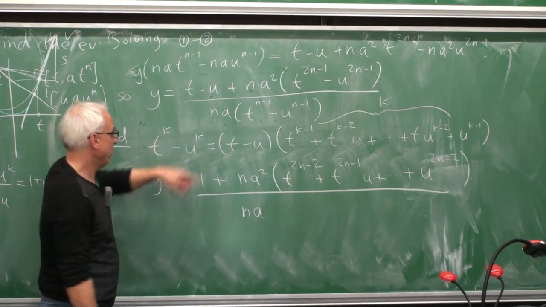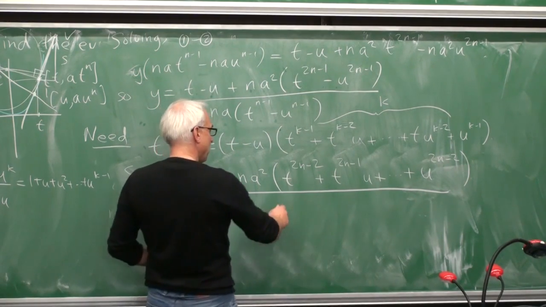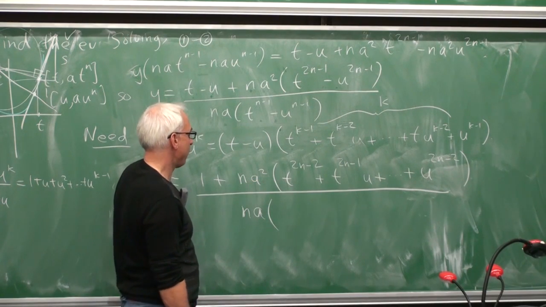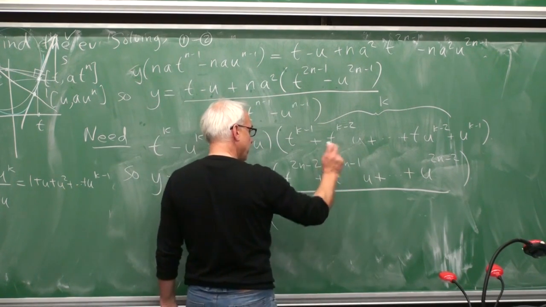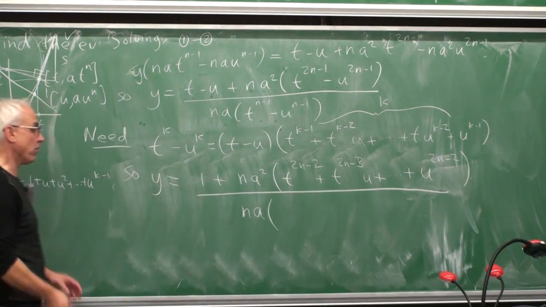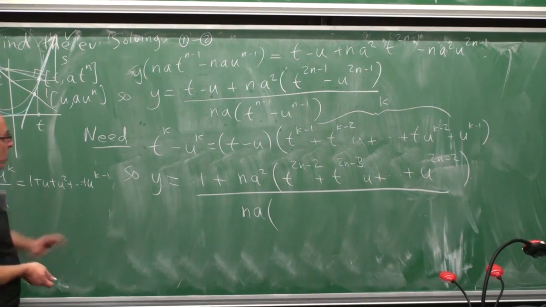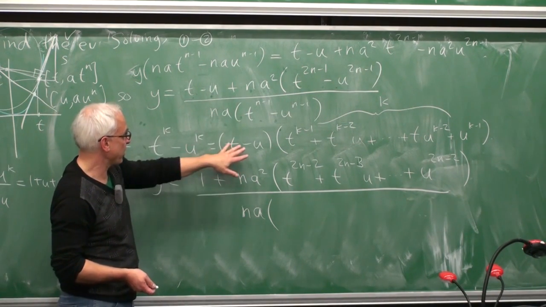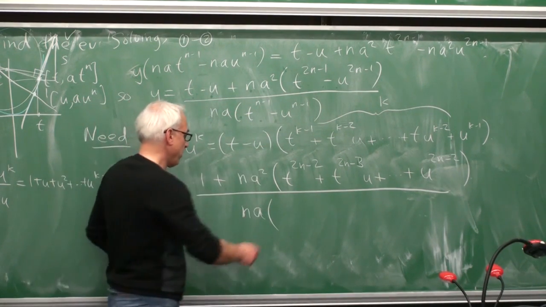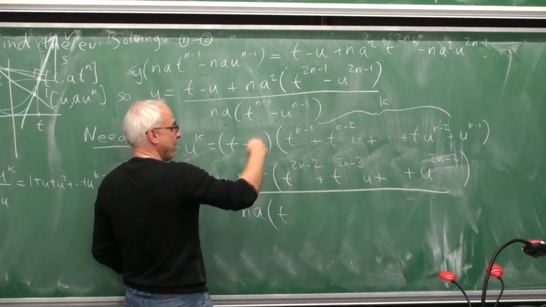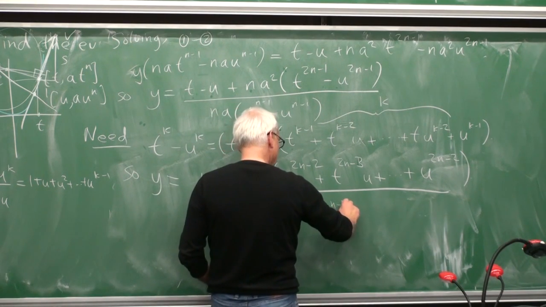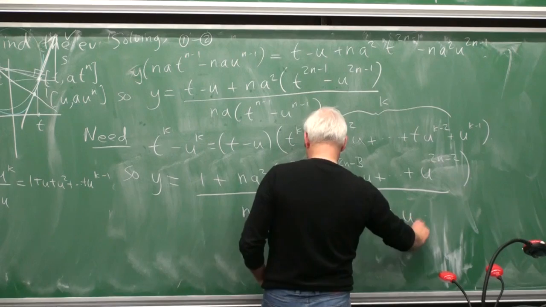Same kind of story. Down here? Oh, thank you. Yes, 2n minus 2. That's right. This should be 2n minus 3. The powers of t are going down, and the powers of u are going up. Thanks. Okay, we're doing the same kind of thing over here, same expression. Now we're starting with n minus 1 instead of k. So the first term that we'll get will be n minus 1 minus 1, which I guess is n minus 2. And then the t's go down, t to the n minus 3 times u, and the u's go up until finally we get u to the n minus 2.